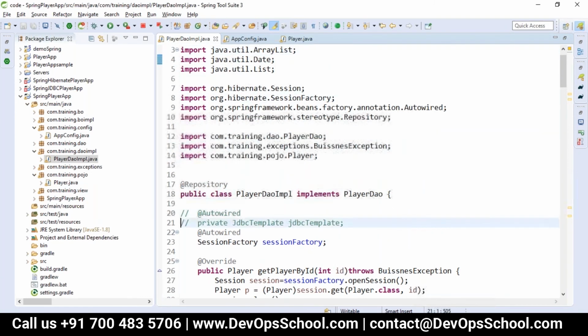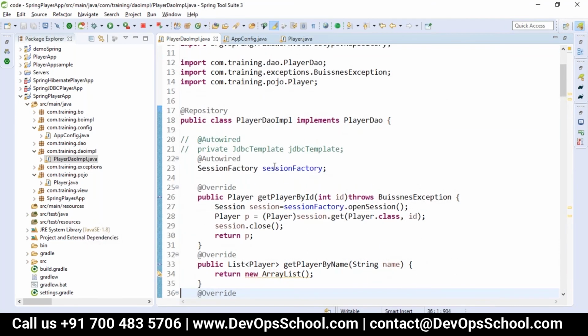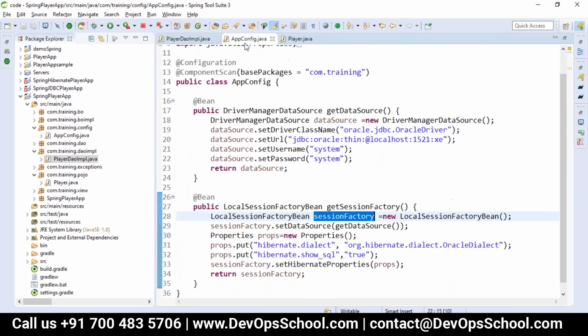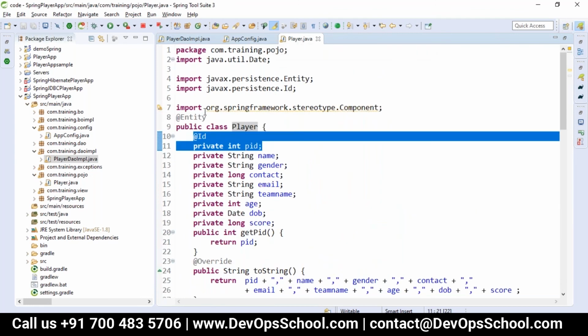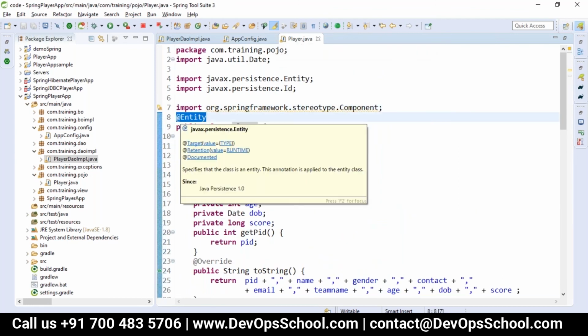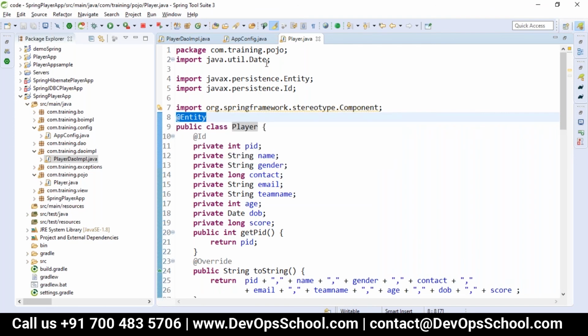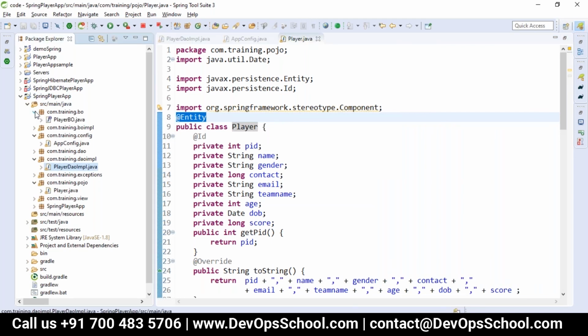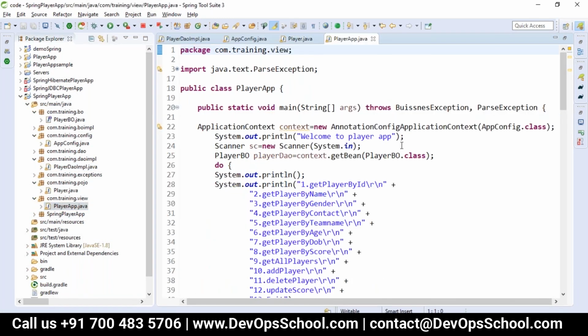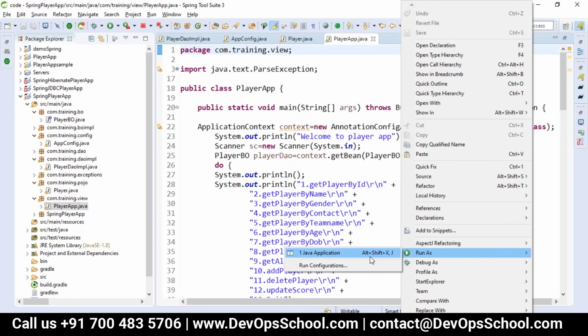Whatever session factory we have configured should be auto-added here, that we have injected. Then in the Player class we will make it an entity, to represent it's an entity class for our table, which will do the mapping for us. Now all other layers we already made in the Spring layer. So in the player application, as it is, it works.